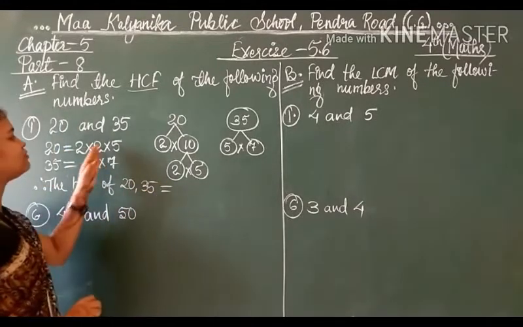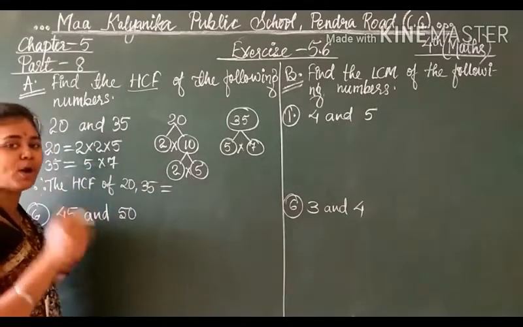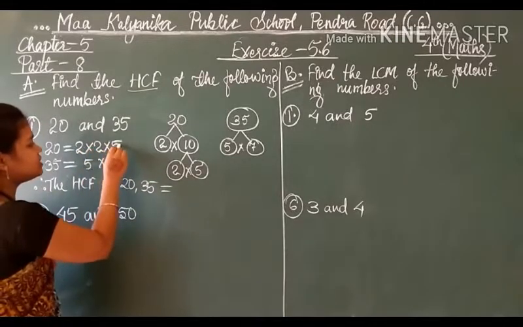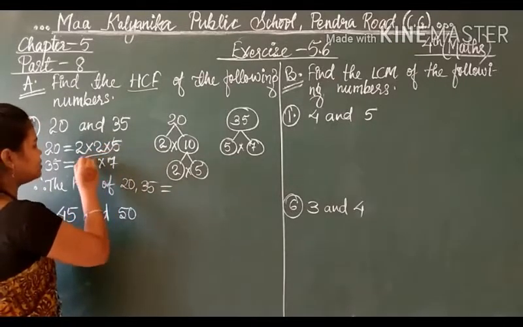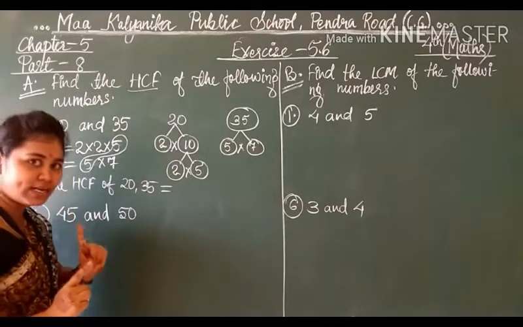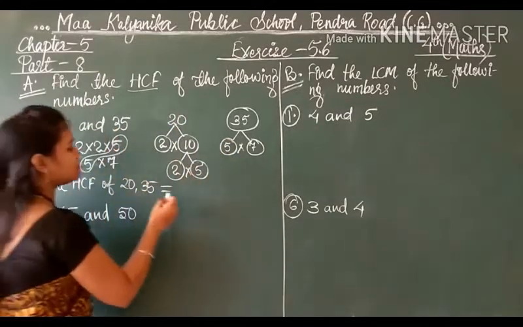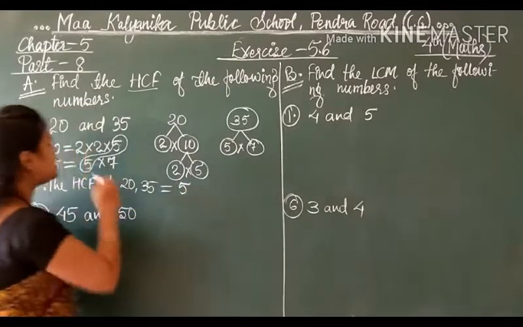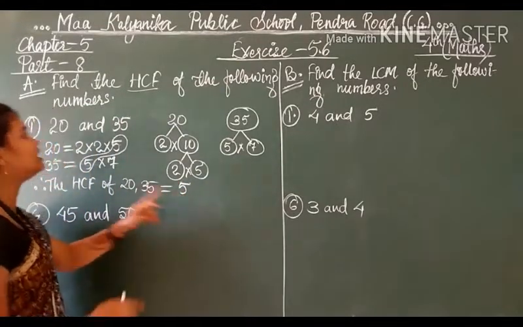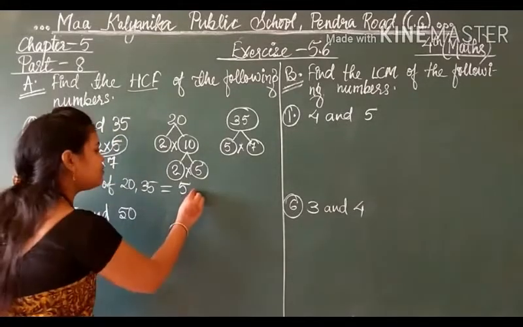Now students, we have to see the highest common factor. Whatever number is common in both, we will take it once. So 2 is not there here, 2 is not here; 5 is here, 5 is here one time. So we can select these two. So 5 is coming only one time here, and one time here. So we will take 5 in common. Simply 5 is there and no other number is common. So simply students, 5 is the HCF of 20 and 35. So 5 is our final answer.